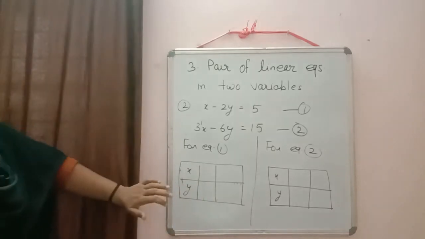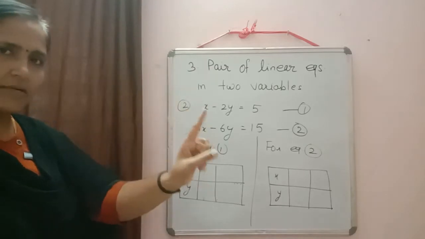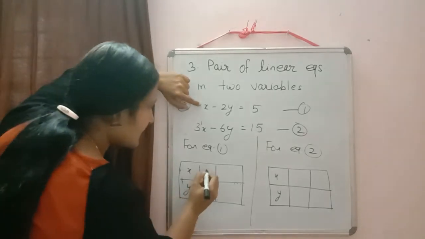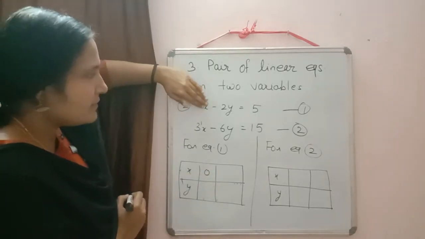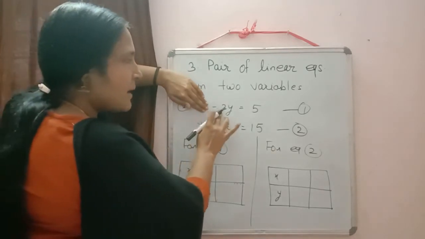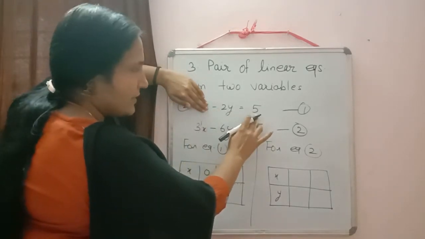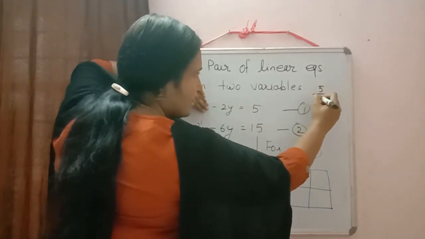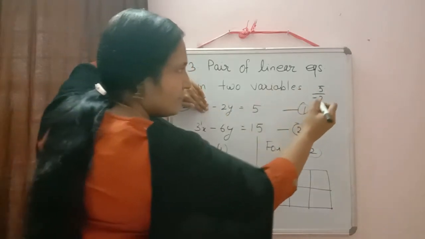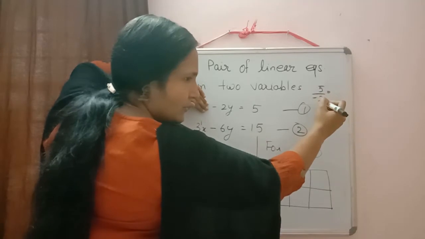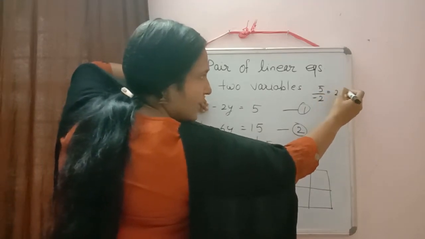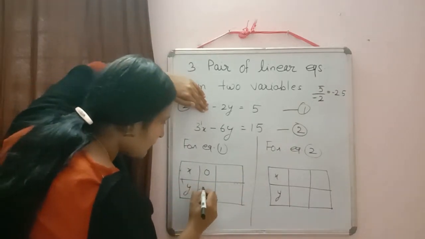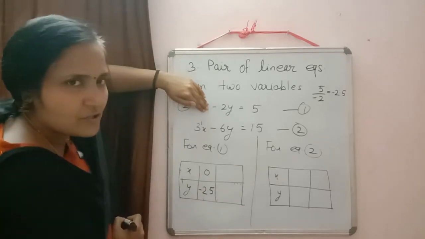Okay? Now first one, again only 2 points. x equal to 0 and y is equal to 0. So in the first one here, I am substituting x is equal to 0. Then what will happen? This term we don't have. What we have? Minus 2y is equal to 5. Then what will come? y is equal to? Yes, y will come 5 by minus 2. What will come if we convert into decimal? 5 by 2? Yes, it will come 2.5, and negative sign is there. That's why we will write there negative. So if x is equal to 0, we are getting y is equal to minus 2.5.